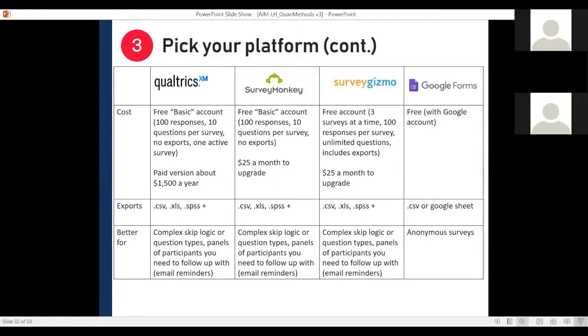So I would suggest, if you have it in your budget, to at least upgrade to just the next level. A lot of them are like $25 a month, something pretty doable depending on your budget. And if the budget's super duper tight, you can always look at Google Forms, which actually is really user friendly. The downside is it would need to be an anonymous survey unless you're going to actually ask the participant to put their name or something like that. And then of course it has a lot of limitations on the type of questions you can use. It's not as complex. You can't use as many skip logic patterns, things like that.